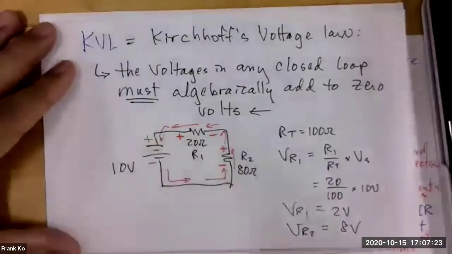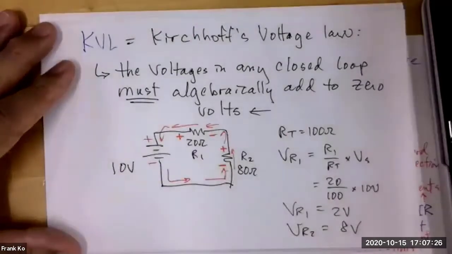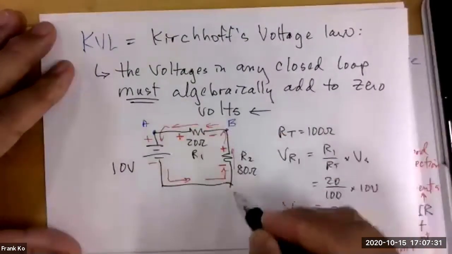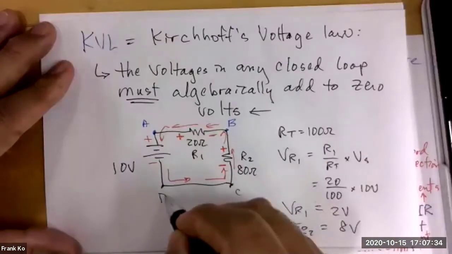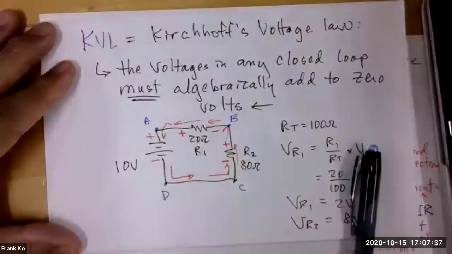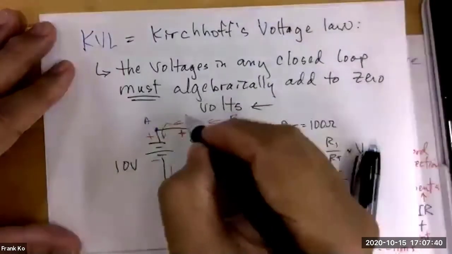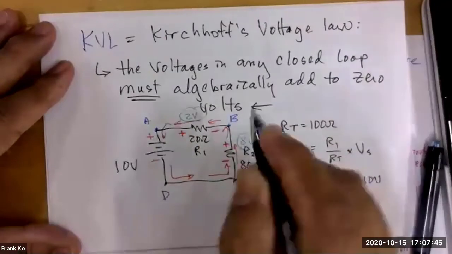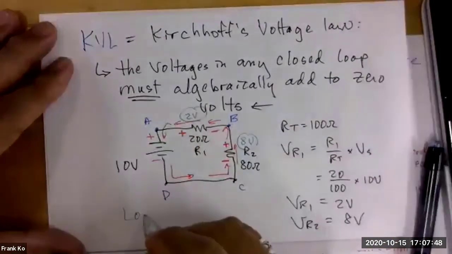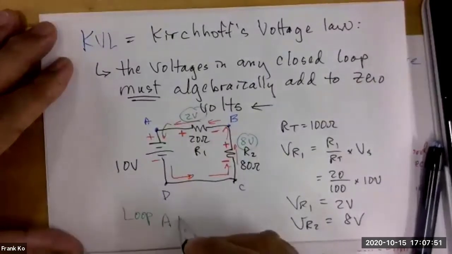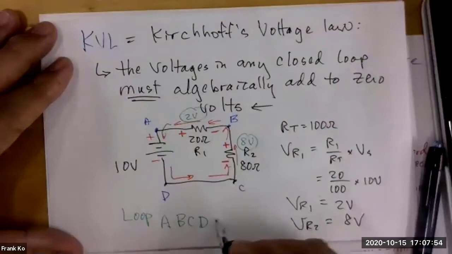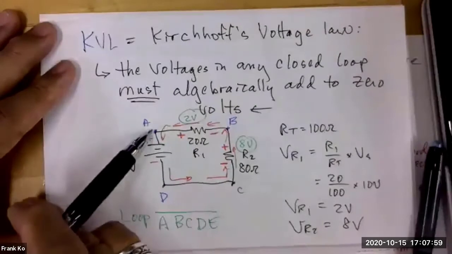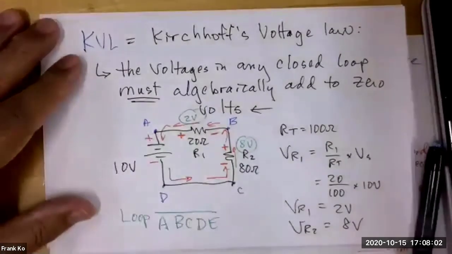So if I were to go around this circle, if I were to mark things up this way, call this A, call this B, call this C, and call this D. And the voltages that we just calculated, this is 2 volts here, and this is 8 volts here. If I were to tell you to go around in a loop, A, B, C, D, and draw a line, that means you're going to start at point A, and with a red probe,